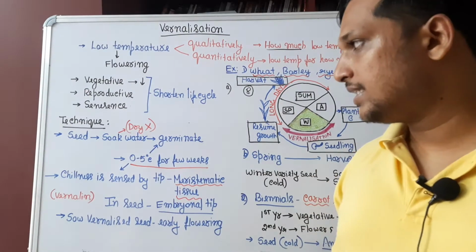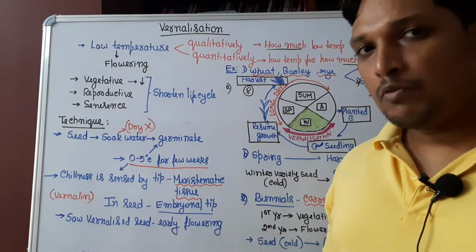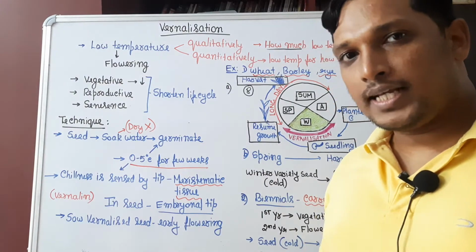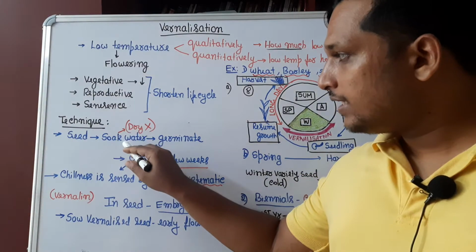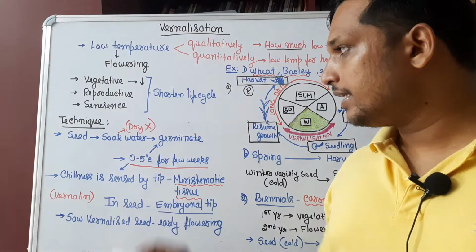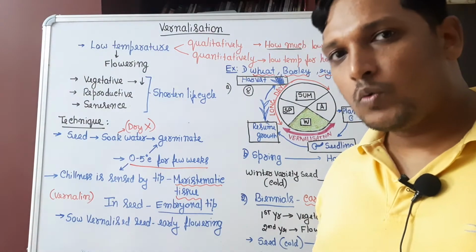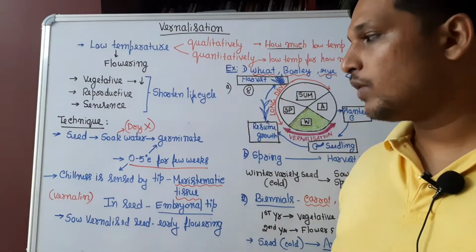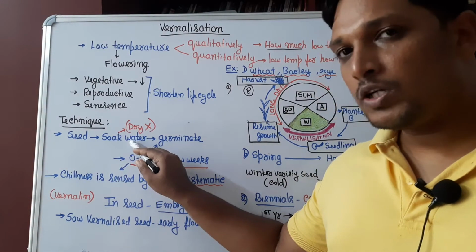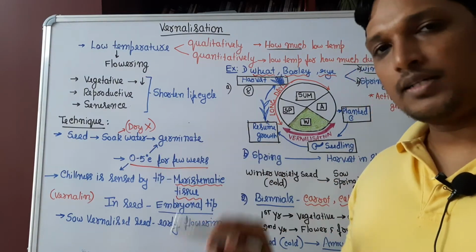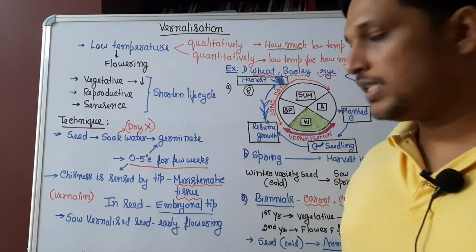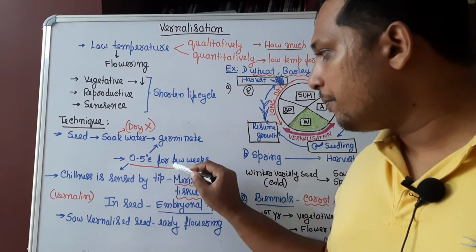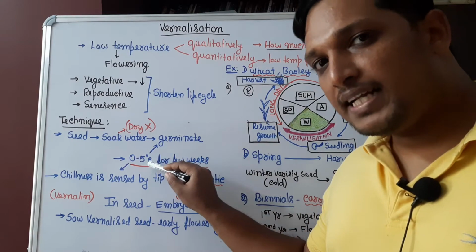How is vernalization done? Let us understand. Vernalization can be done at the seed stage. For that, you have to take a seed and soak it in water. Remember, an important thing: for dry seed we cannot do vernalization. Only when the seed is wet and germinated can you do vernalization. So soak the seed in water. When you soak it in water, it will germinate. After germination you expose them to a cold temperature of about 0 to 5 degrees Celsius for